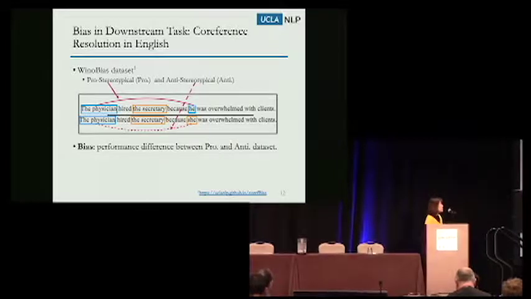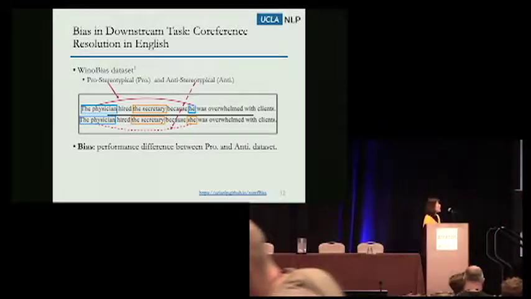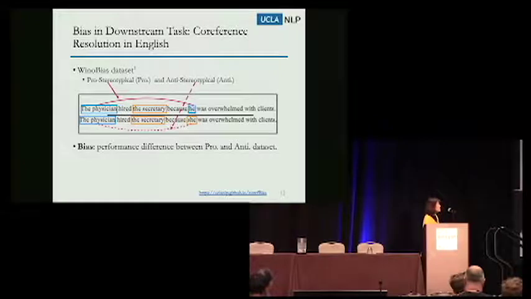Each sentence contains two occupation words and one gendered pronoun. The two occupation words have different inclinations to genders. The difference between the pro-stereotypical and anti-stereotypical subsets is whether the correct link in the sentence follows the societal bias or not. By societal bias, I mean we can get such information from labor statistics. If a system doesn't make any gender-biased decision, it should have similar performance on these two subsets. So we use the performance difference between these two subsets as a metric to evaluate the bias in coref.